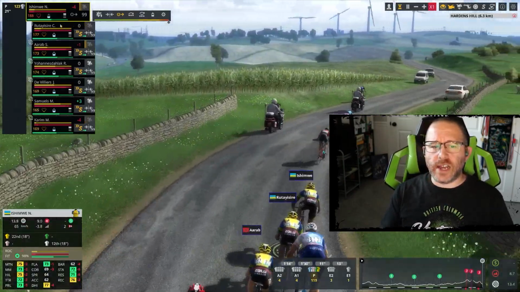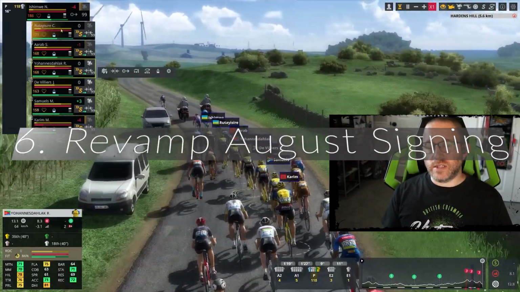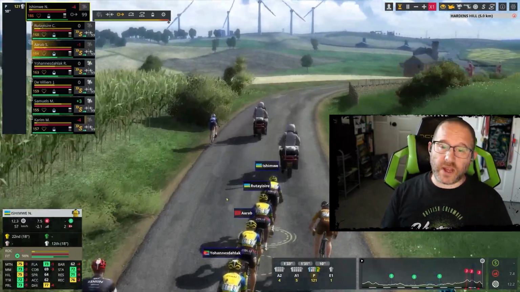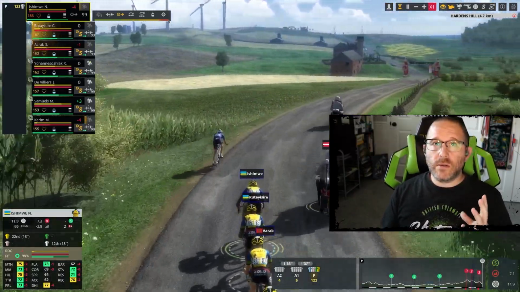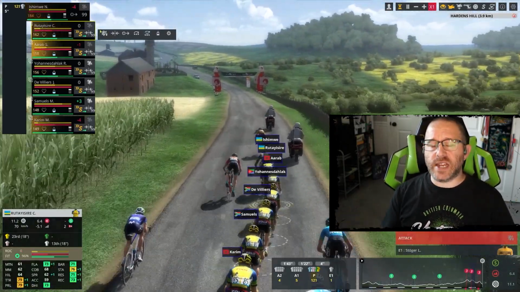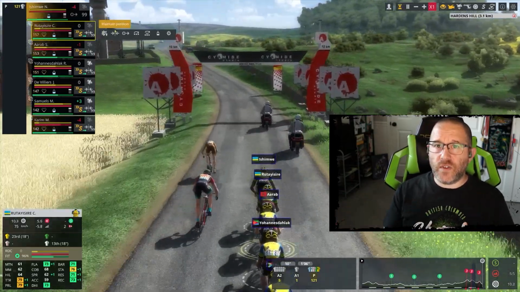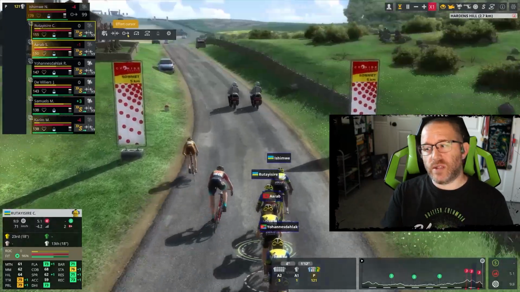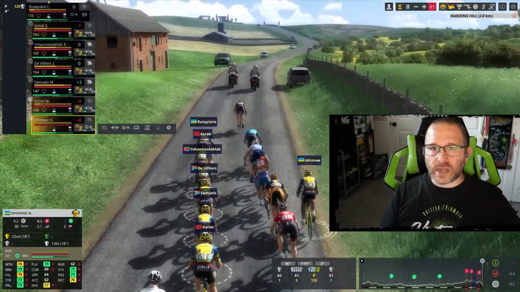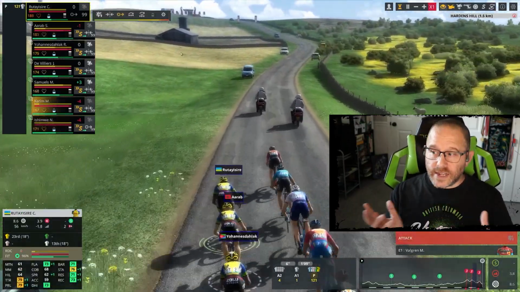So I've thrown it in on this list as well, and that is to revamp the August signing period. Now, the proposal that I put forth that was well supported by the community was only a slight change to what we have right now. August 1st is the signing day, but instead of getting your 60 signing points on August 1st, you only get 10 points on August 1st. And then you collectively get 1 point per day for the next 50 days to then get to your 60